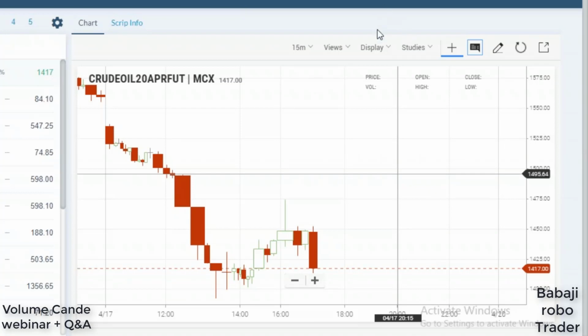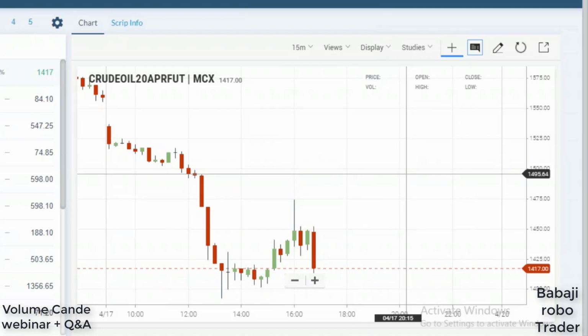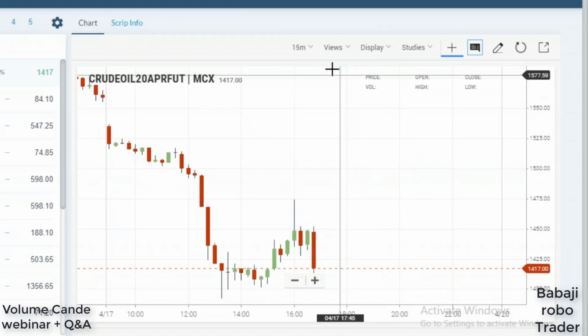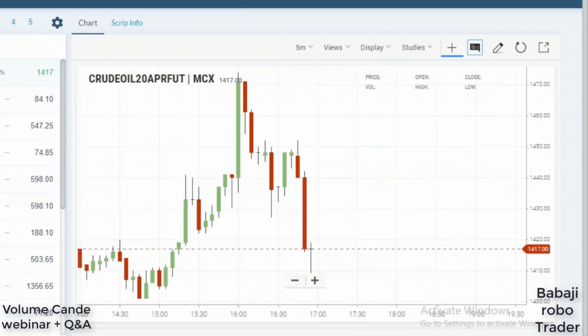So now I have made a vertical change in the display. From the candle, this is a normal candlestick we have been seeing from the very beginning. Okay, what about 5 minutes, sir? We can use this on any time frame, it is applicable on all time frames, but from an intraday perspective,